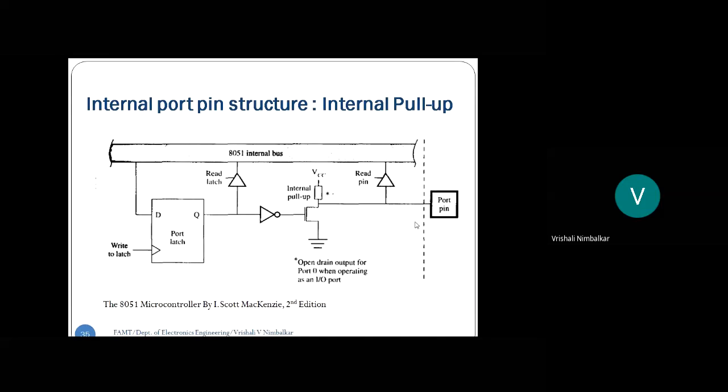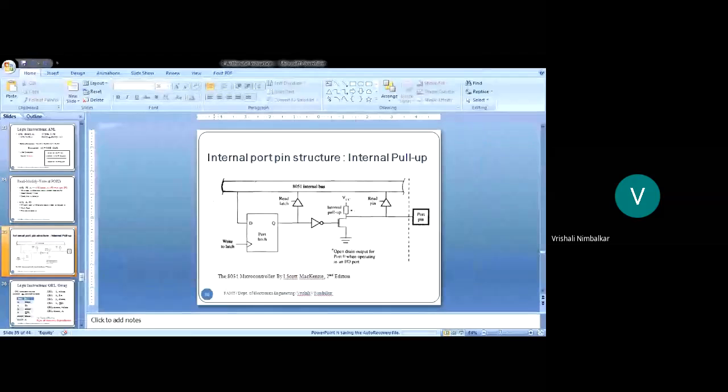Correct? Now pin data is whatever the user has entered. Suppose you are the user, correct? I am the programmer, right? So whatever user data has been given on the pin, that's called the pin data. And as a programmer, whatever I have sent out on the port, that is the latch data. And these two data can be different. Hope this is clear. So let us go to the next.